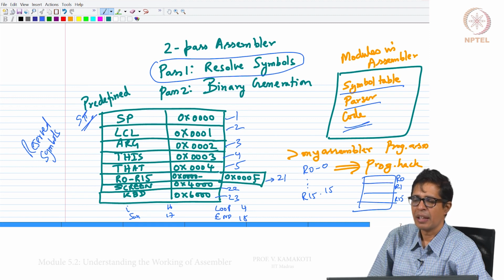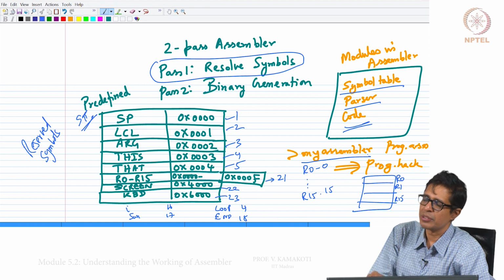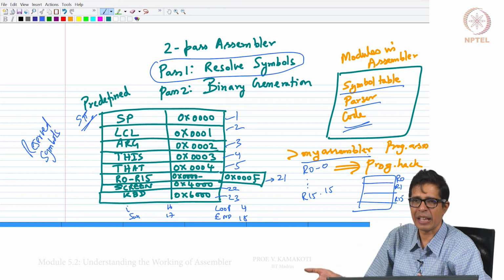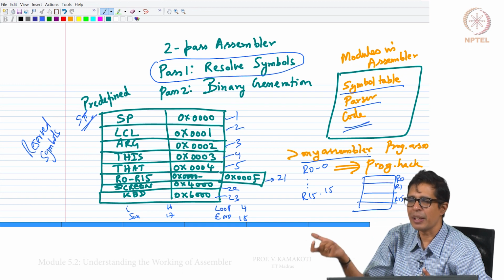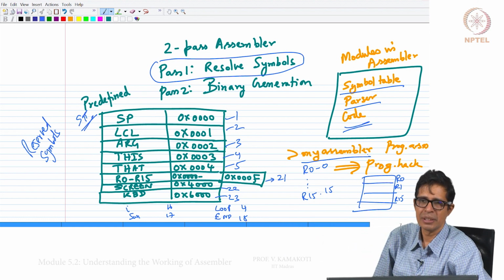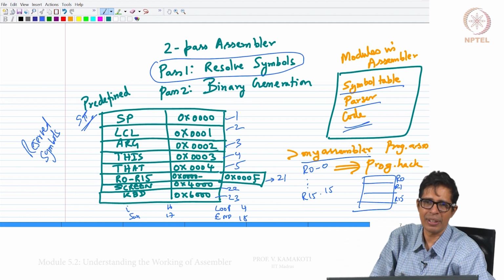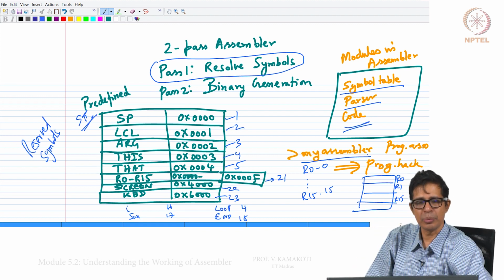right. Ultimately, we need to generate a program called MyAssembler. To this MyAssembler, I will give you the program.asm and this MyAssembler should generate the program.hack, which is nothing but taking all the instructions in your program.asm, ditching all the comments and giving a 16-bit equivalent of that, which I can take forward and run on the hack hardware that we have taken. So, this is basically the 2-pass assembler and understanding of the 2-pass assembler.